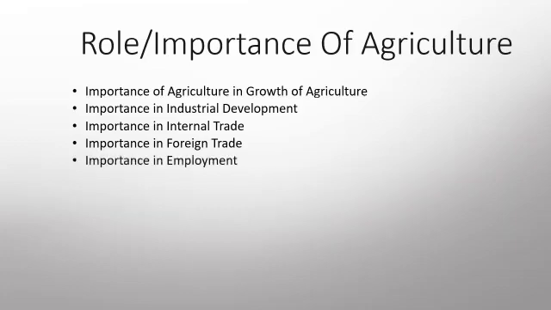Another importance is in employment. It provides employment to a large population of the economy as it is the main occupation of India. In 1990, about 65% of people were dependent upon agriculture. In 2017, about 48% of the working population was engaged in agriculture and allied activities. The rest is occupied in other activities. In this way, agriculture still is the main source of employment.